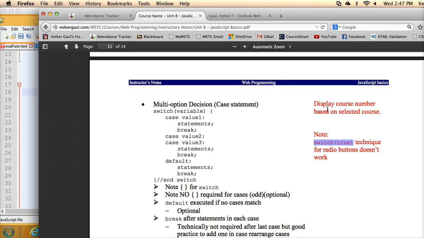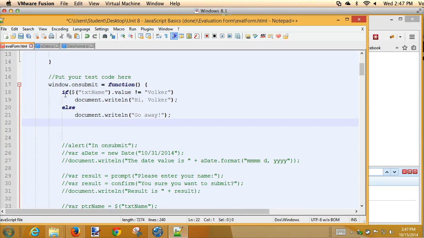All right, so here it says, based on the course that the user has selected, display the course number. So let's just do a quick example here. So again,